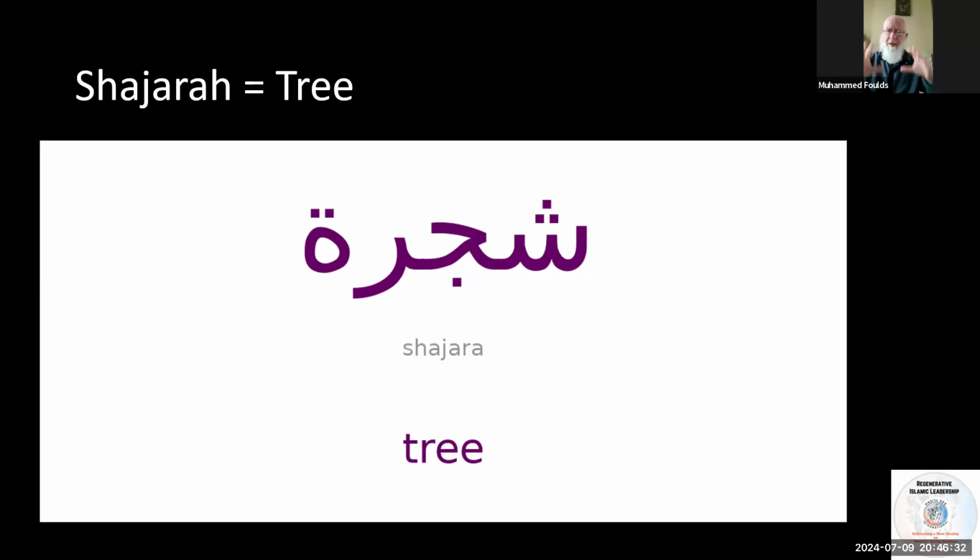The three root letters, as with all of the Arabic letters, are descriptive. Another example, which isn't on the screen here, is Sayyarah, which is a car. If we break that down into the three key root letters, you've got Sin, Ya, and Ra. The descriptive understanding of that is traveling through movement.